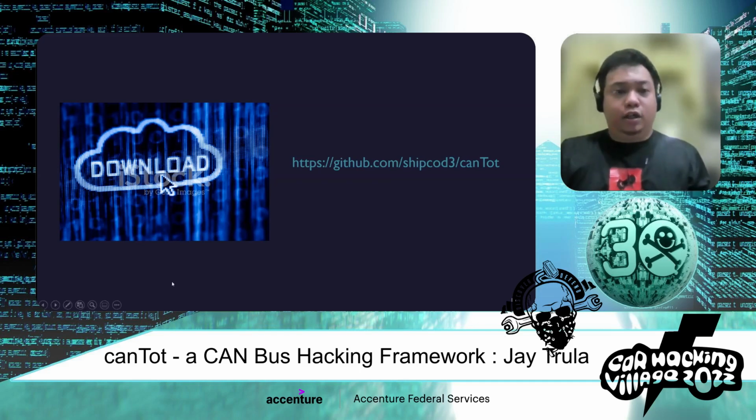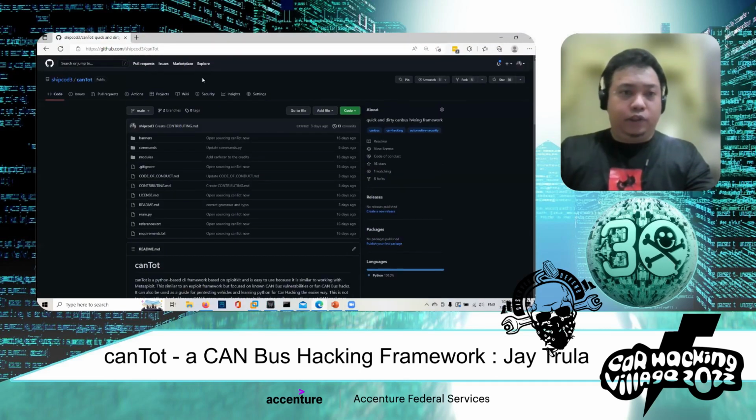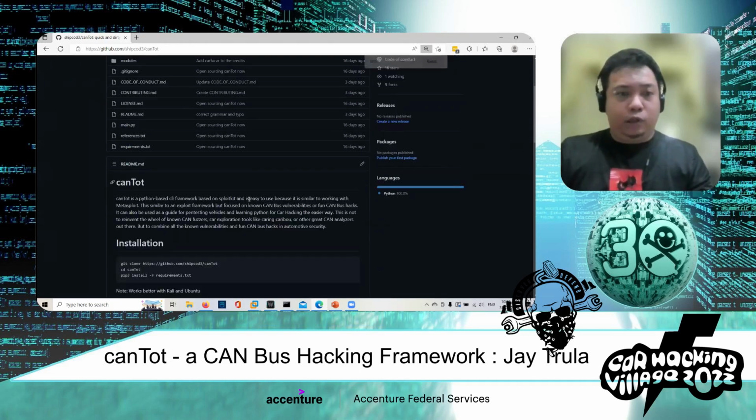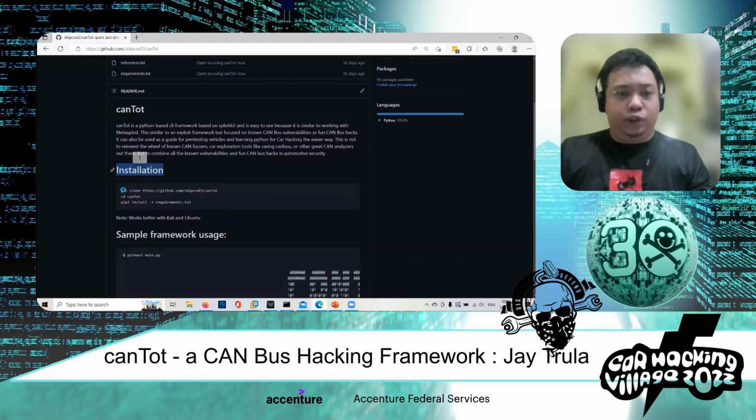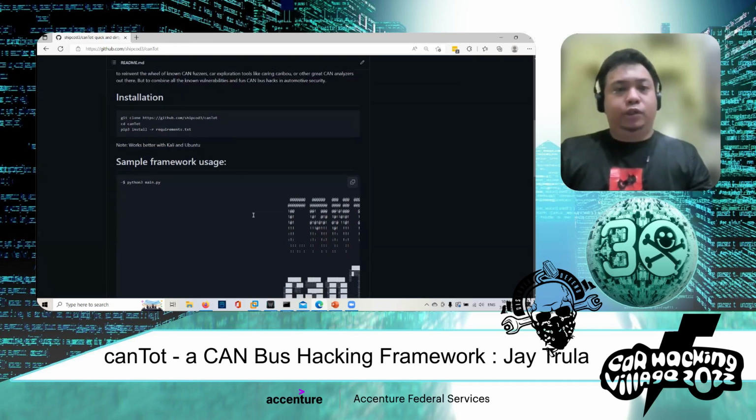From there, you can see the modules. This is the GitHub link, and there are some installation steps. You just need to clone it, go to the directory, and install the requirements.txt for the dependencies of this framework. Based on my tests, it works better with Kali and Ubuntu. With Debian, I have a friend who is testing it, and we're still trying to fix